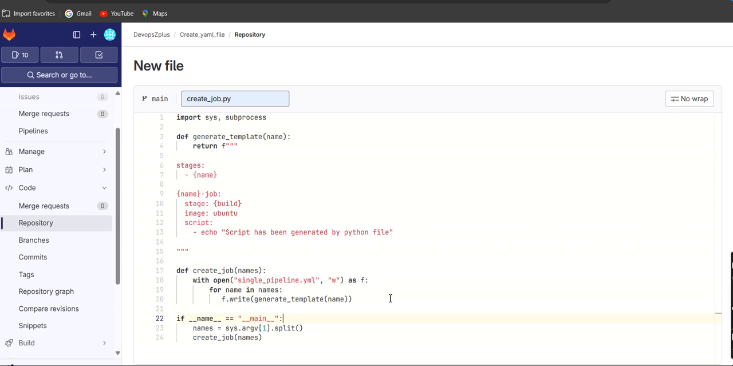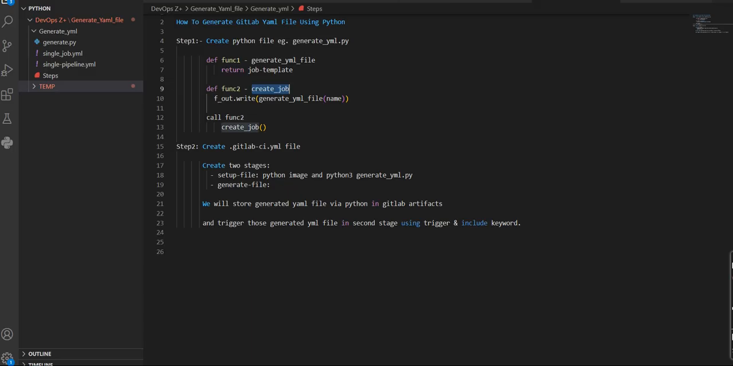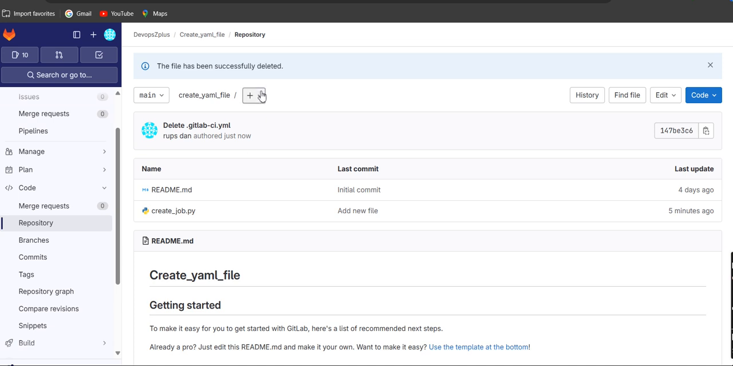So now everything looks good. Let's scroll down and commit the changes. Now let's go to our document and see our second step, which is .gitlab-ci.yml, and we have to define two stages here, setup file and generate file. So let's go back to our project and create a new file